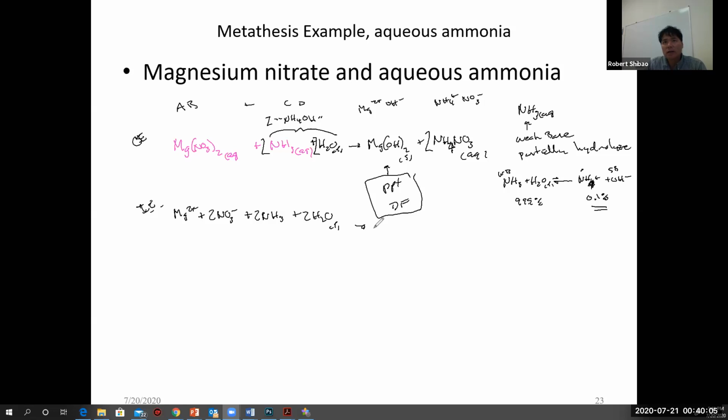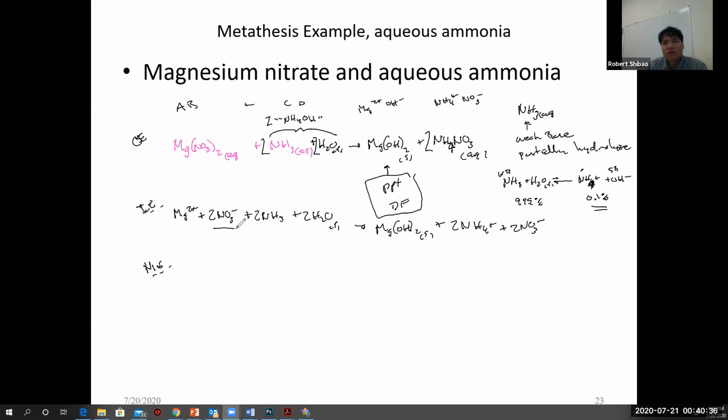Magnesium hydroxide is an insoluble salt. Insoluble salts are not strong electrolytes, according to our rules, but there's some debate over that. And then ammonium nitrate, which would be 2 ammoniums and 2 nitrates. The debate runs like this: even if it's an insoluble salt, a little bit dissolves. And what little bit dissolves, does it dissociate or does it stay together? And often it dissociates. Okay, here we have some spectators.